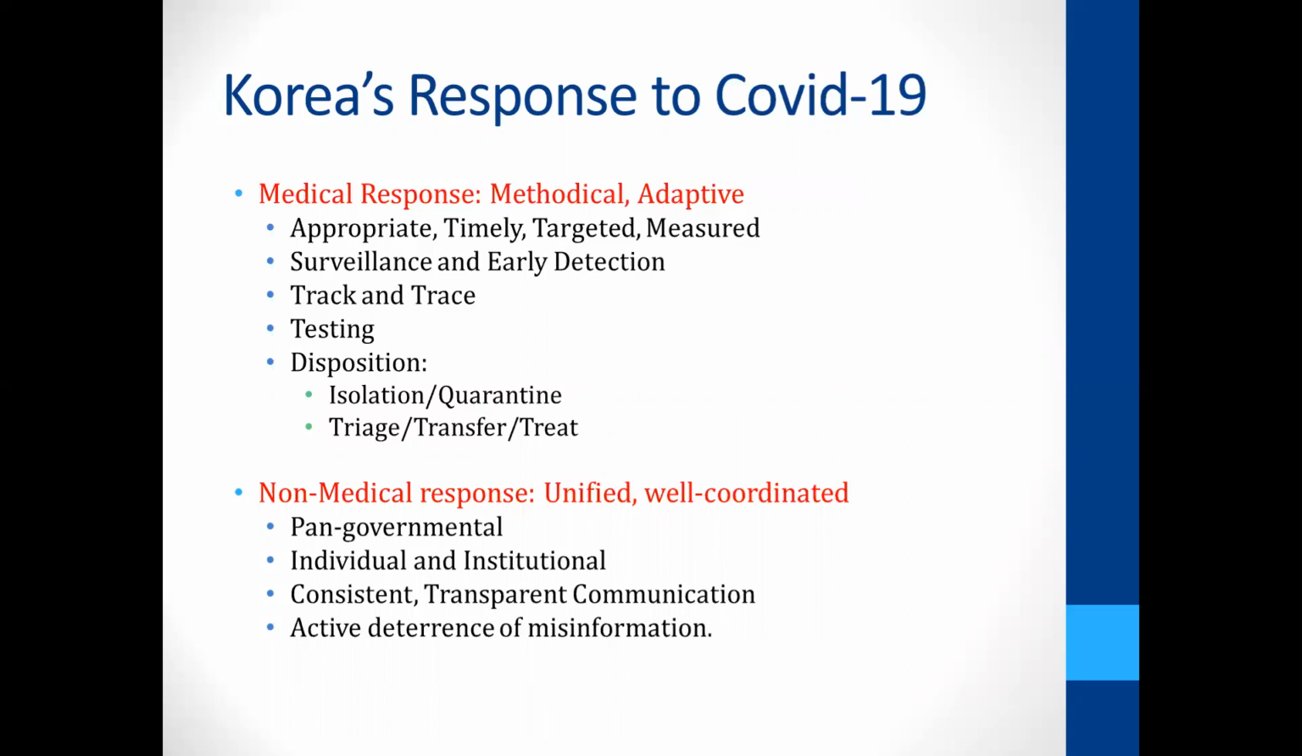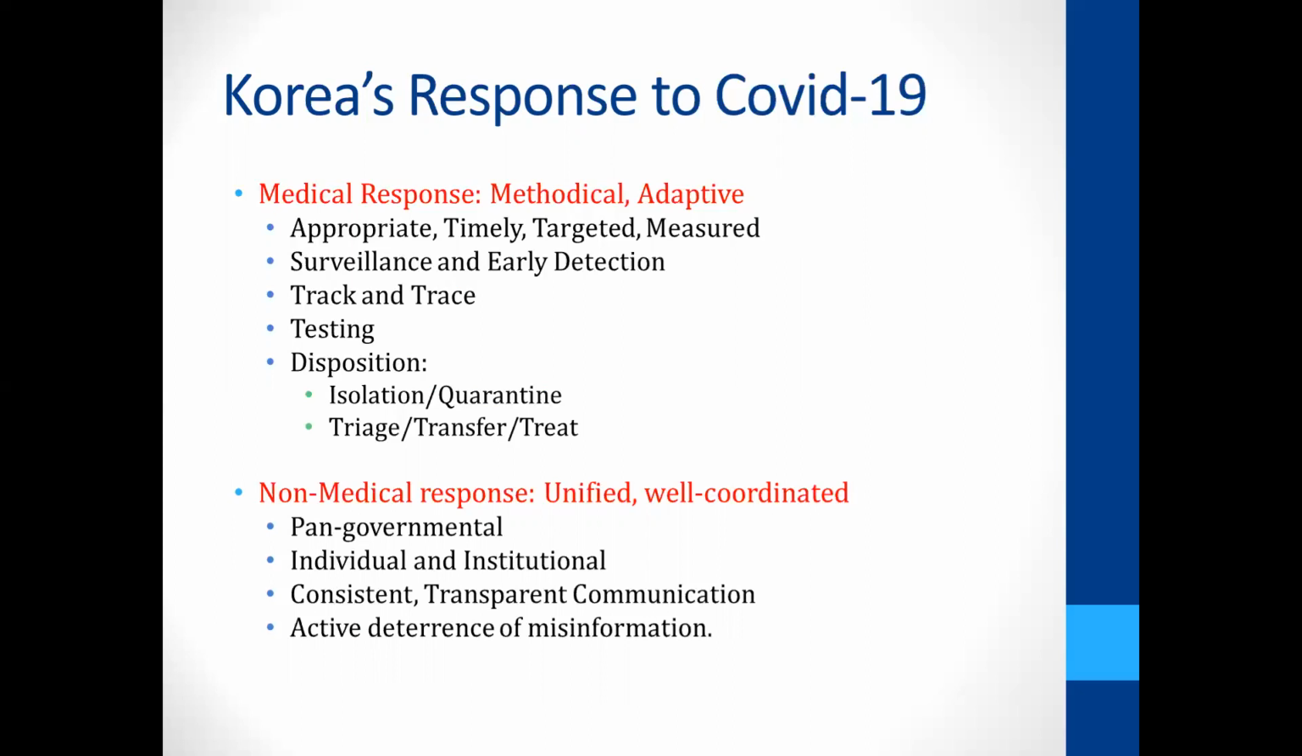The medical response included the tried and true epidemic infectious control measures of surveillance and early detection, tracking and tracing, testing, isolation, quarantine, triage, and treating. But Korea adapted to the unique challenges of COVID-19 and improved the traditional methods through innovation. Likewise, all branches of the government and the public, individuals, private corporations, and institutions really rose to the challenge of